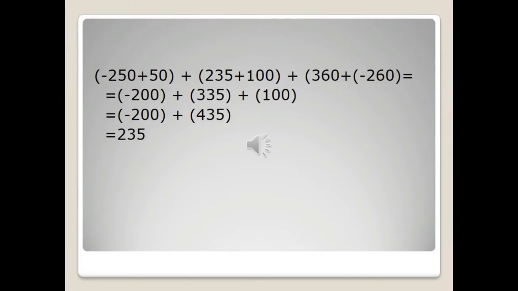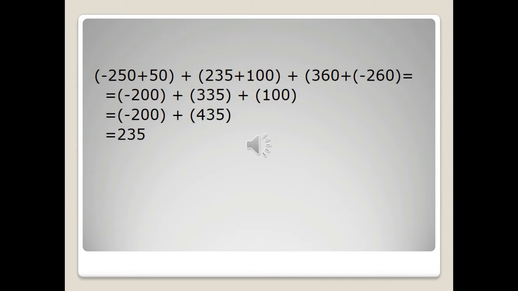So let's practice this. Negative 250 plus 50, plus the quantity of 235 plus 100, plus the quantity of 360 plus negative 260. We can see that we have a lot of numbers to be added. Since they are separated by parentheses, we can easily add them. The answer of negative 250 plus 50 is equal to negative 200